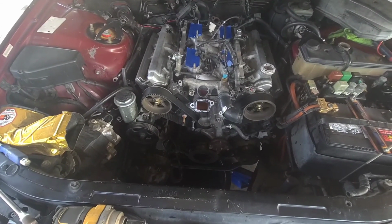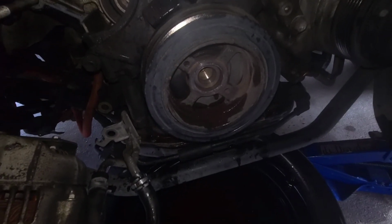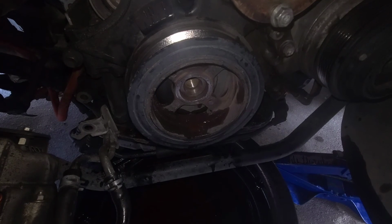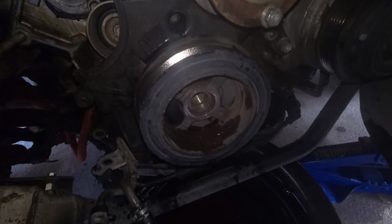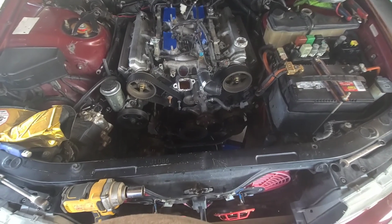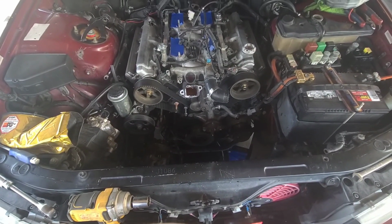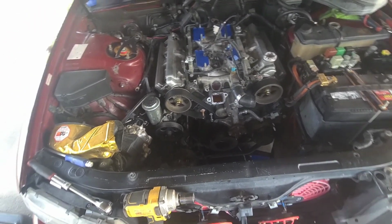Usually, if I remember correctly, when I did my brother's car, the harmonic balancer, which is right there, would usually come off quite easily. It just slides right off as soon as you break the bolts loose. But for some reason, mine's acting like it's stuck, and I can't get it to slide off. And I've tapped on it with a hammer just in case it has rust, you know, kind of holding it on, and it's still not breaking loose. So I'm at a standstill until I can find me a harmonic balancer puller. And hopefully I can get one today,